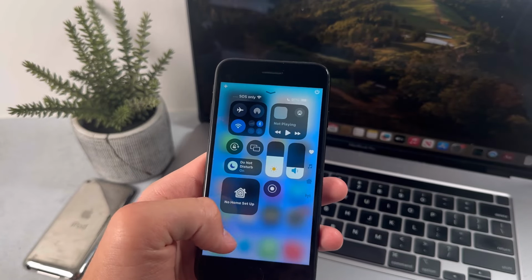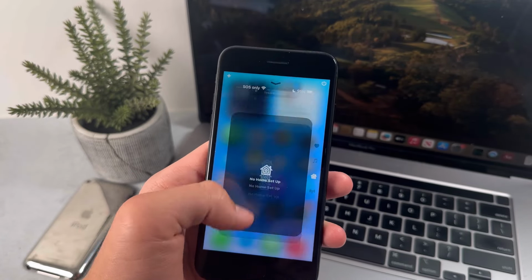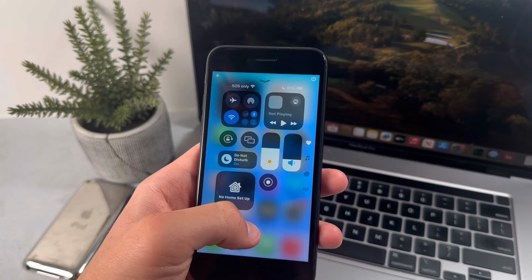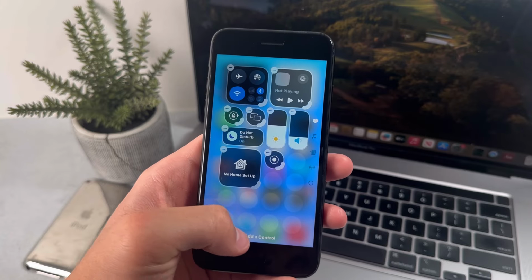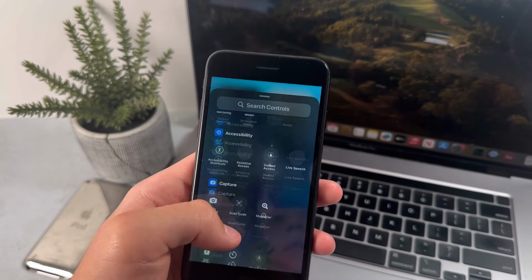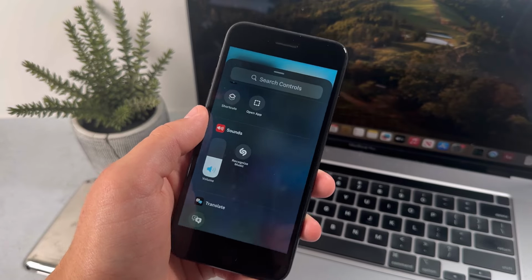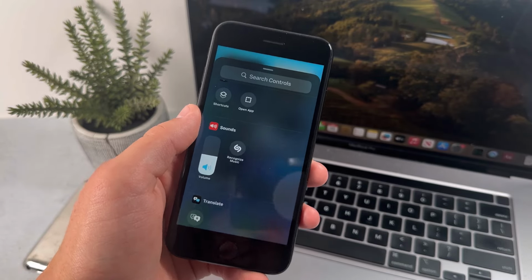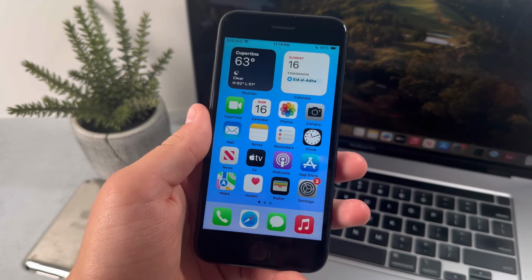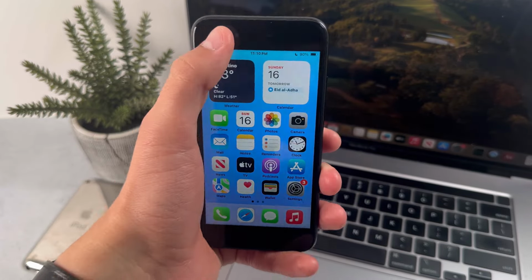So when you go into the control center, there's multiple different pages here, and when you hold down on it, you have the option here to add controls, and there's a whole list of controls here. And right now iOS 18 is pretty laggy because it's on the beta version. And the last thing that we need to cover for customization in iOS 18 is going to be in the